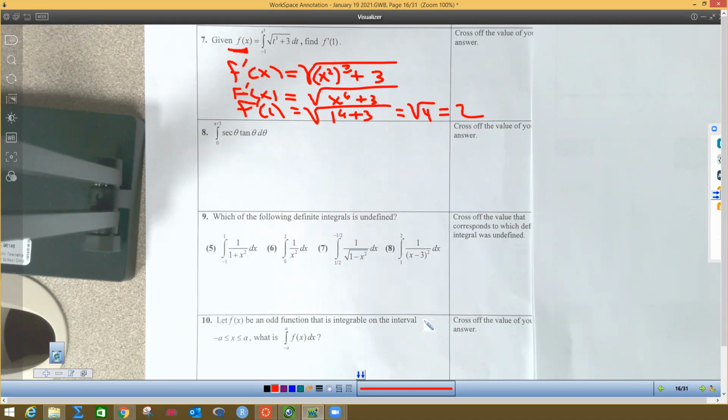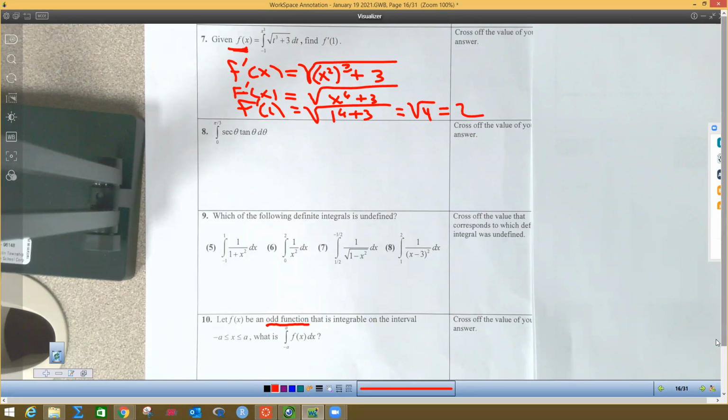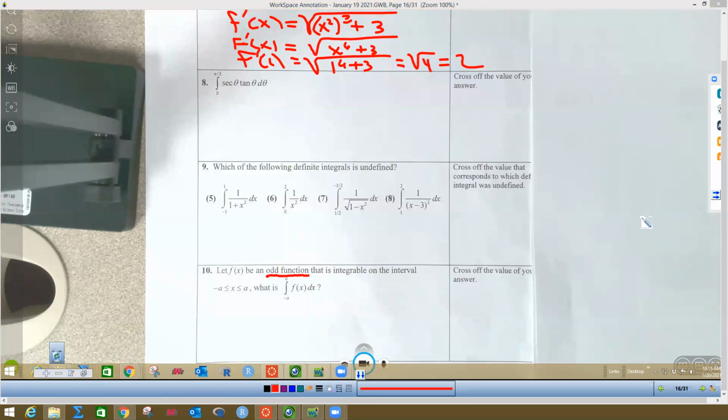Number 10 says, let f of x be an odd function. Now you were supposed to learn something about odd functions. I don't know if you've learned this or not, but you were supposed to learn about even and odd functions. Did you guys get taught anything about even and odd functions? No? Did anybody at home get taught anything about even and odd functions? No. Okay, I'm going to tell you right now, even functions